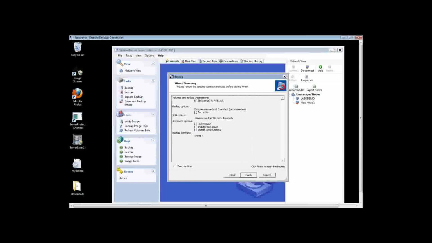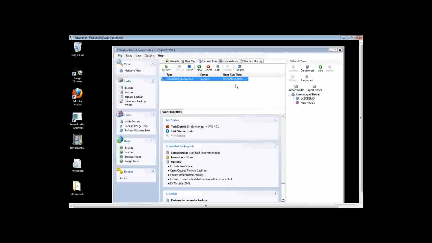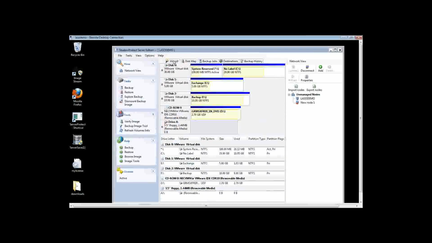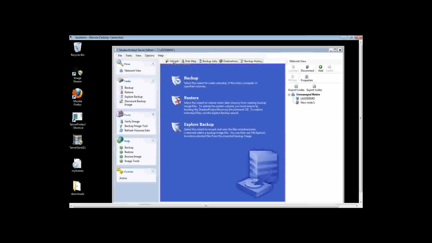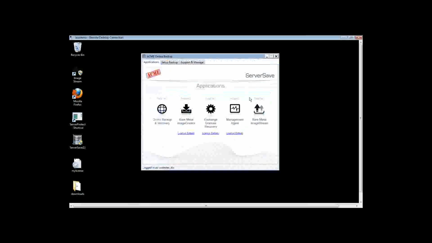So we hit next. It gives us a summary of what's going on. I'll hit finish. This is going to go ahead and kick off in another 30 minutes here. Now, we already have a lot of images or backup jobs running on this thing, so we're just going to go to restore. Well, actually, first, okay, we've created a job to back up. Now let's take it off-site. So we close this, and it gets into